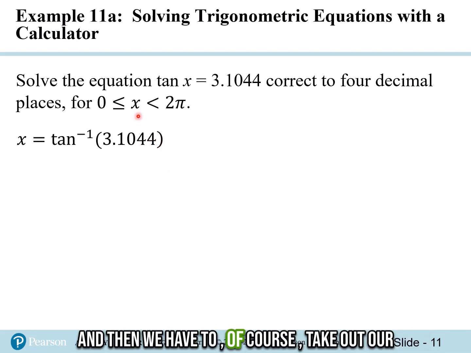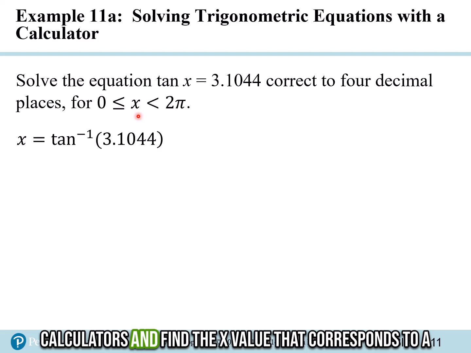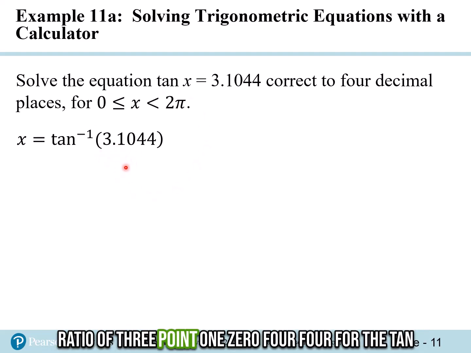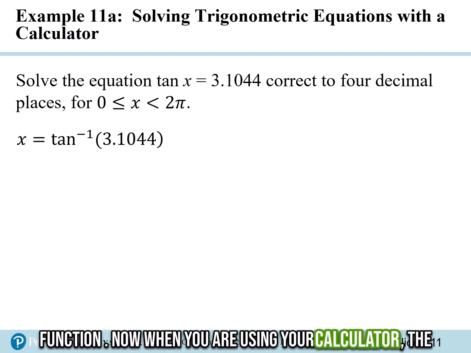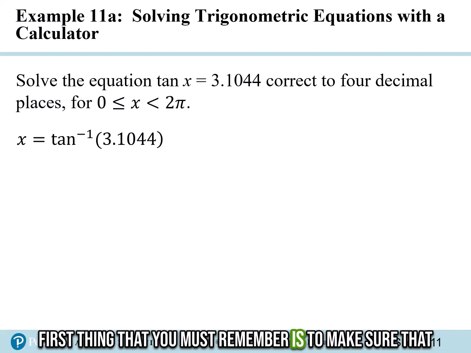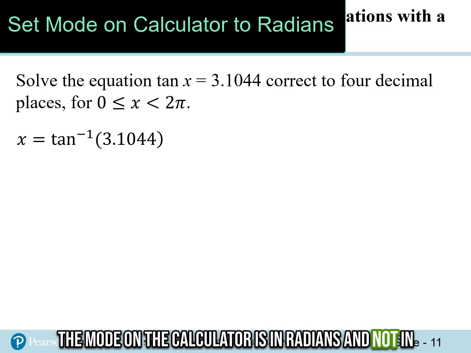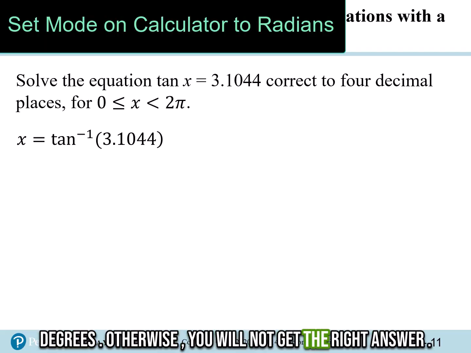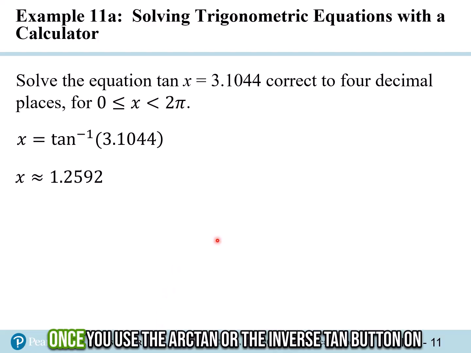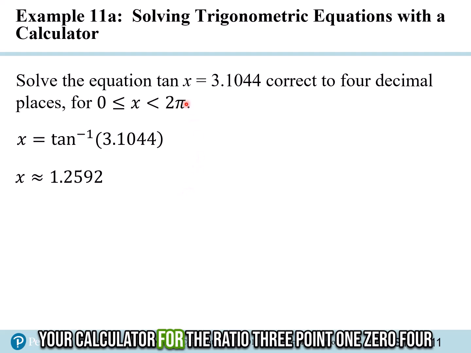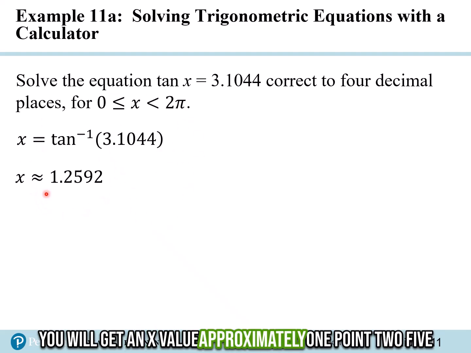3.1044. And then we have to, of course, take out our calculators and find the x value that corresponds to a ratio of 3.1044 for the tan function. Now, when you are using your calculator, the first thing that you must remember is to make sure that the mode on the calculator is in radians and not in degrees. Otherwise, you will not get the right answer. All right. And then once you use the arctan or the inverse tan button on your calculator for the ratio 3.1044, you will get an x value approximately